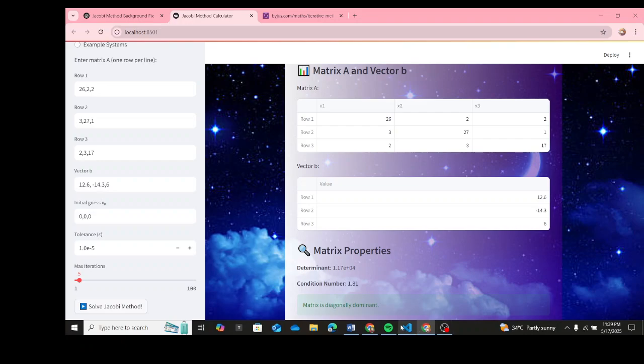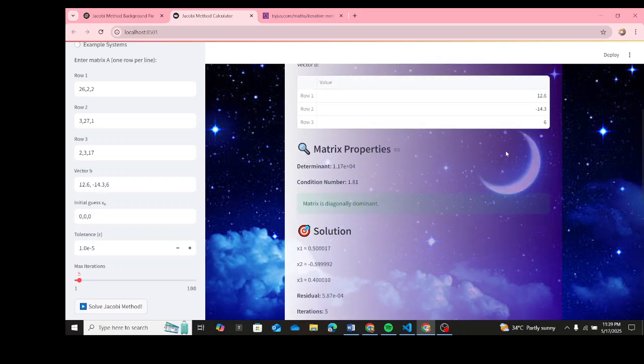So the matrix is diagonally dominant. Because it aligns with our given inputs, it says that the matrix is diagonally dominant. It gives you the prompt that tells you that these numbers are in good position. They are diagonally dominant.